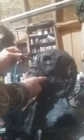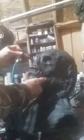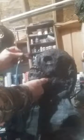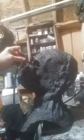Whole thing about this though is it never ever shows the eyes underneath in the film. And I was debating for a long time with Jason Brooks on what color eyes to use, if I would do the bust with eyes. And he kept saying, well, my eyes are blue, pretty boy blue eyes and stuff. And I thought, you know what? Jason wouldn't have pretty boy blue eyes coming out of the water 30 years after the fact, being in the lake. So why not find some clouded ones